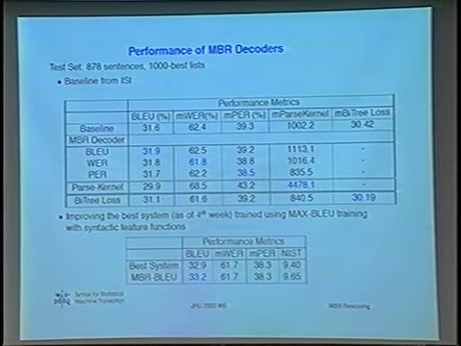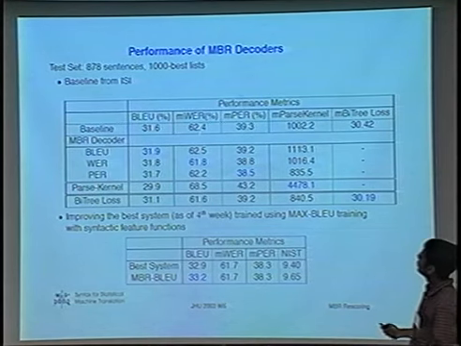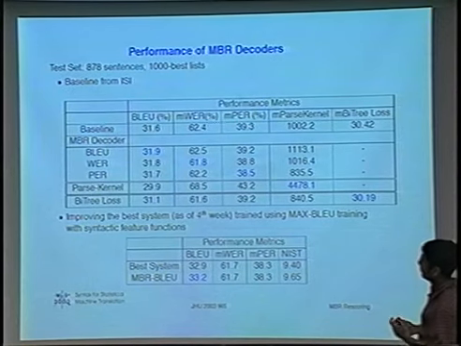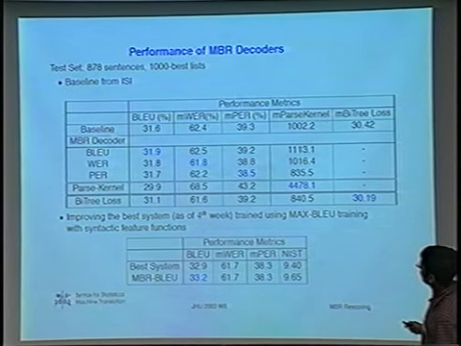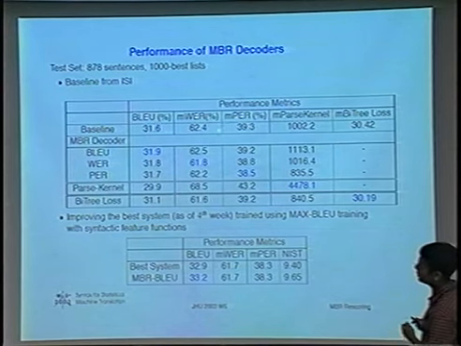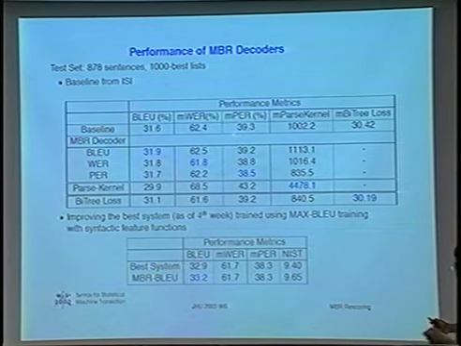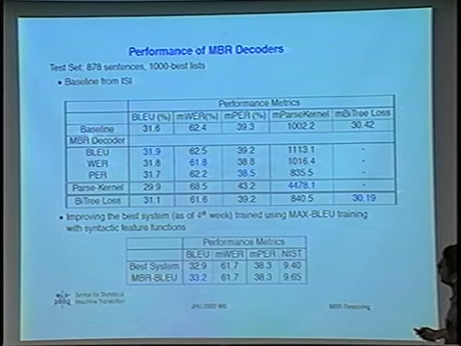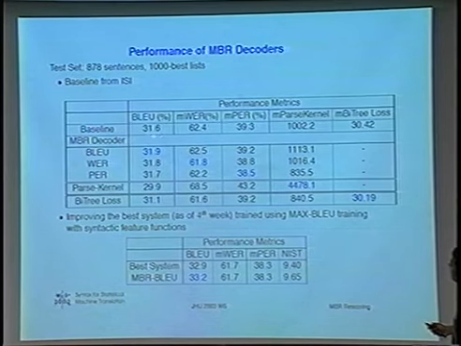So those were examples, but we are interested in averages and results. These are the performance of all the decoders so far. This is on the test set, and the baseline is the baseline from ISI. Going across the columns, we have the different performance metrics: BLEU, multi-reference word error rate, multi-reference position independent word error rate, multi-reference parse kernel, and multi-reference tree loss. These two are just based on the metrics I defined. And going down, first we have the baseline, which is 31.6 in BLEU and other values on other metrics.